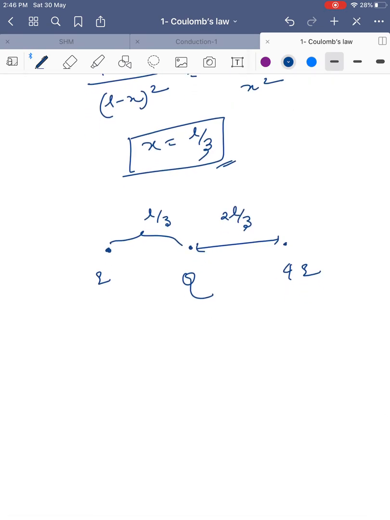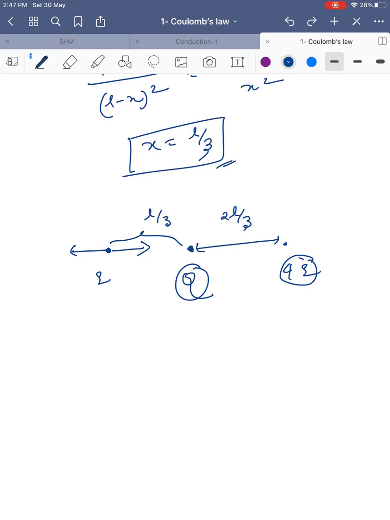Okay, on Q also forces should be in two directions. One force should be in the left direction, another force in the right direction. Obviously one force is due to 4Q, and the remaining electrostatic force, because there are three charges in total, will occur due to the other two charges. On itself the force doesn't act; because of the external charges the force will act, due to q and 4Q.